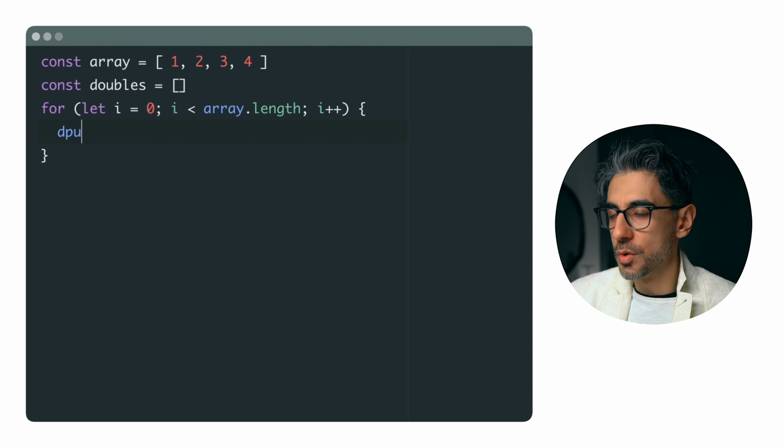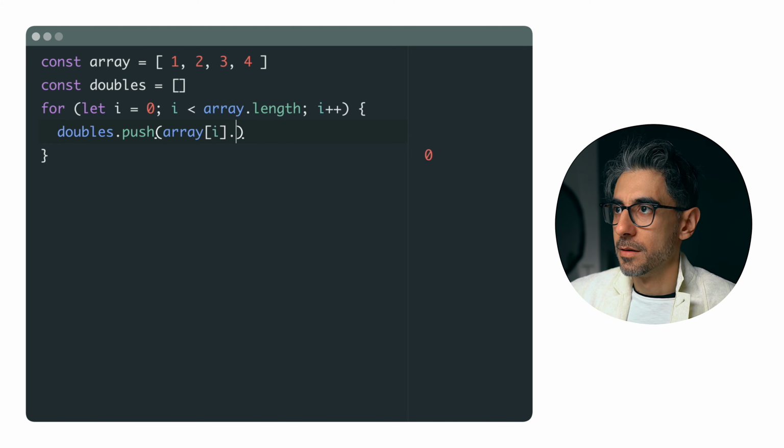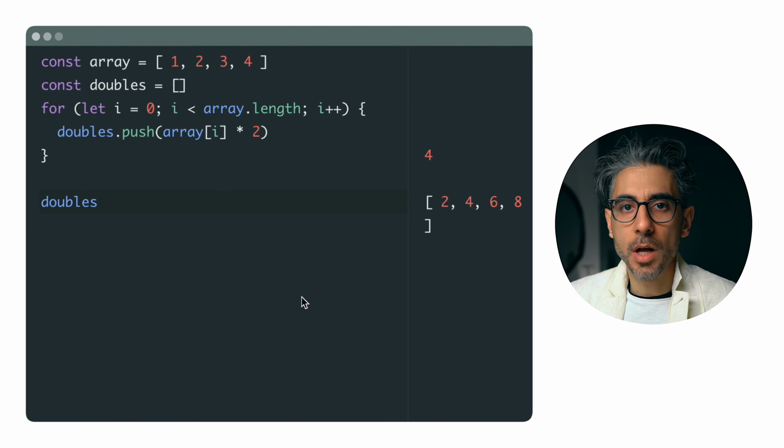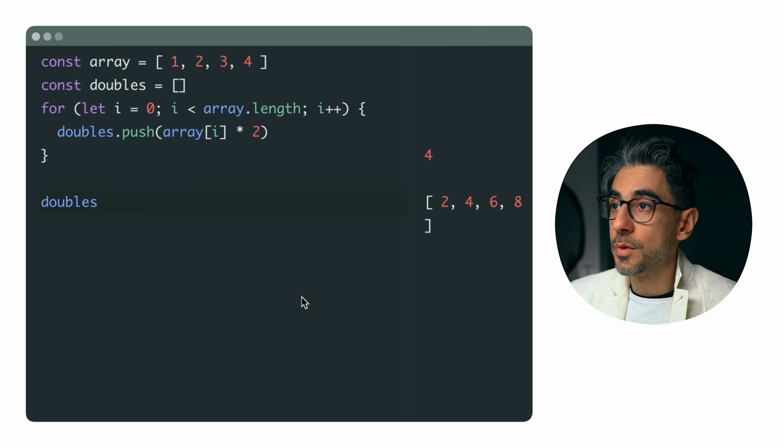So we can then do doubles.push. What do we want to push? array[i] times 2. Okay, so doubles. What do doubles give us? Doubles gives us 2, 4, 6, 8. All right, so we iterated through the array and we achieved what we wanted, which is doubling every